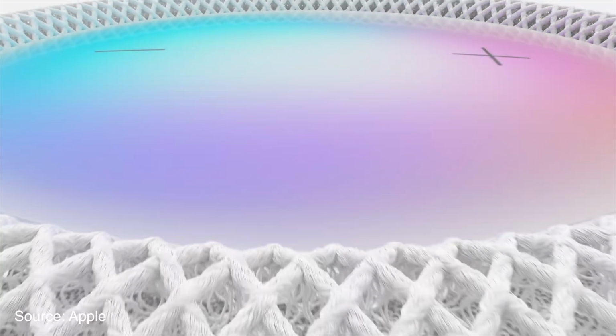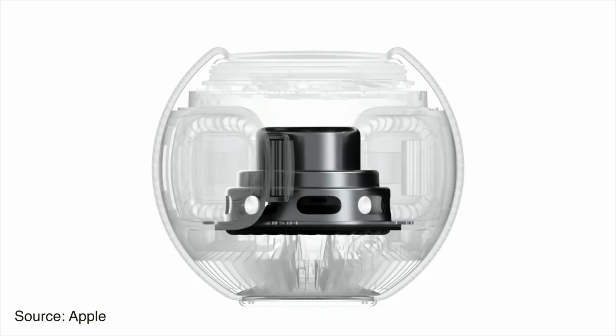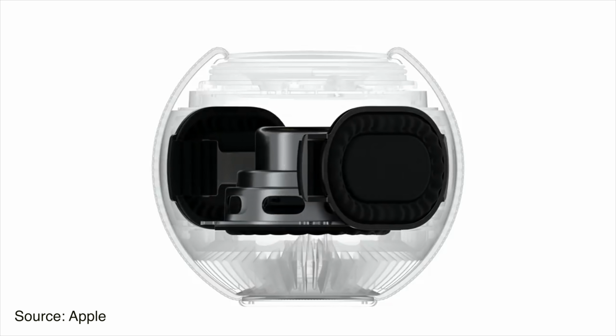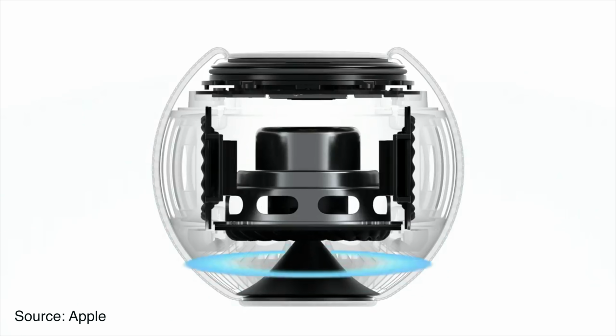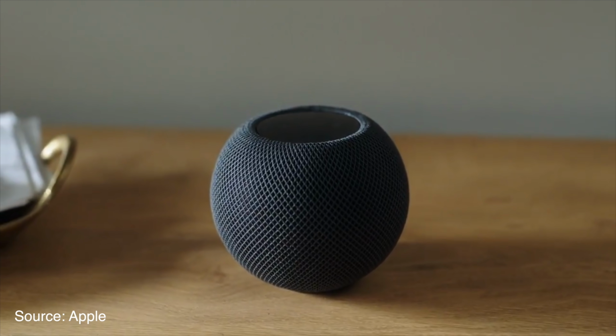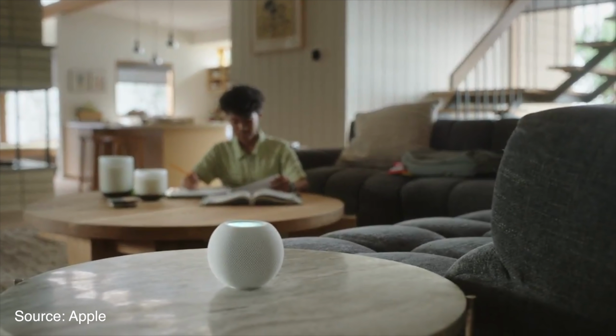Now if you're watching this video to hear about the sphere design or the fabric that comes in space gray or white, or the USB-C wire that you can't remove from the device, or the great sound that these things produce even at 100% volume with the full range driver and dual passive radiators that produce that deep bass and crisp highs, but of course not as good as the original HomePod, or for the custom acoustic wave pattern for that 360-degree sound, or the computational audio, the 4 mics that are built into it that pick up Siri commands even when the volume is loud or if you're across the room, for support for multi-room audio with AirPlay 2,